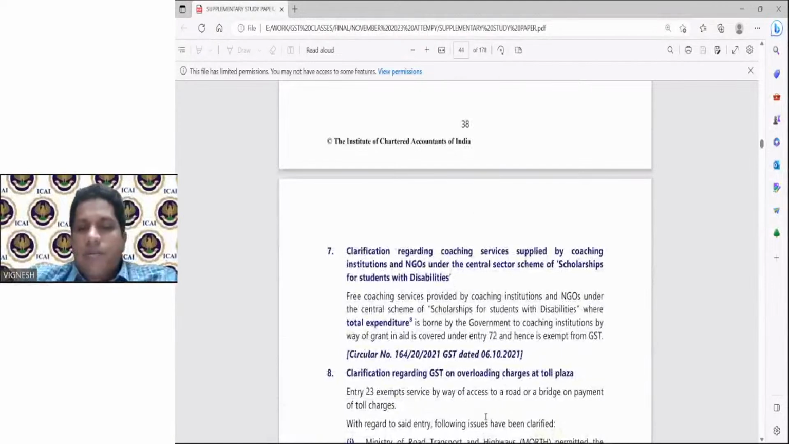Exemptions list are pretty much the same. Only a few more exemptions are there in IGST. We will see now, but pretty much everything is the same. Then